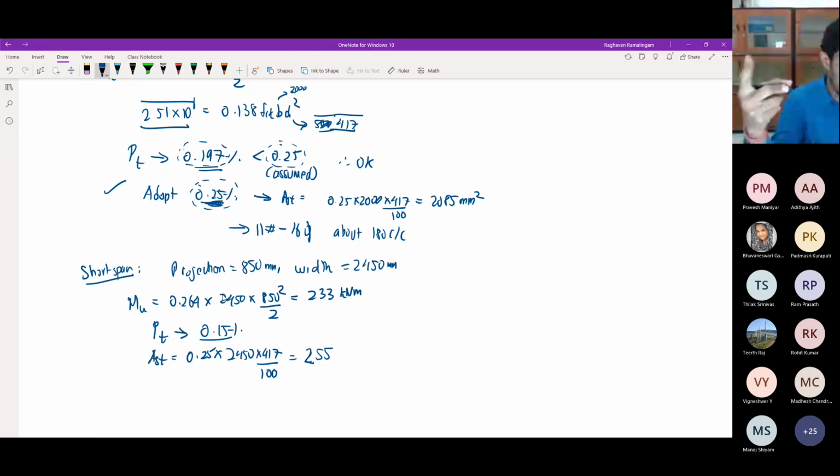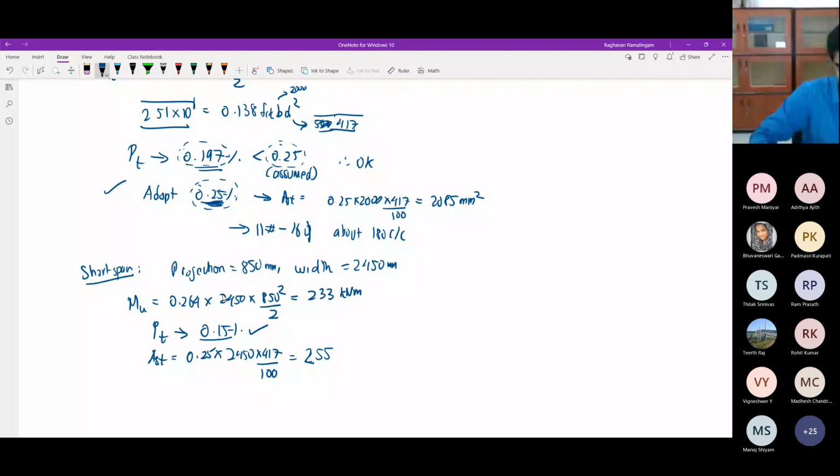And from the one-way shear, I have not really assumed anything for the short span. So I can actually use 0.15, but if I say use 0.55 here, use 0.25 here because one-way shear was there, if I give you different conditions for one-way shear, for long span flexure, and for short span flexure, if I give you 3 different things, you will get even more confused than what you are right now. So I do not want to do that.